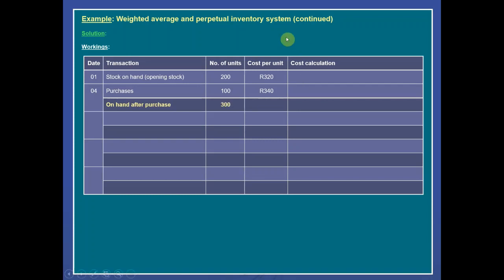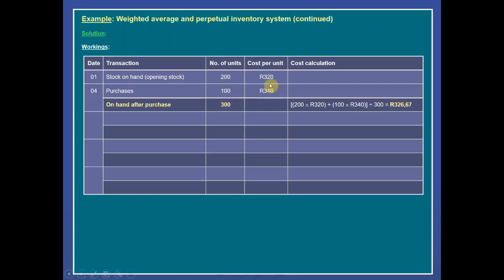On hand after the purchase we have 300 units, and the weighted average cost will simply be the 200 units times the 320 Rand plus the 100 units times the 340 to get the total value of what's available to be sold. We have to divide by the number of units available to be sold, and we will get a weighted average of